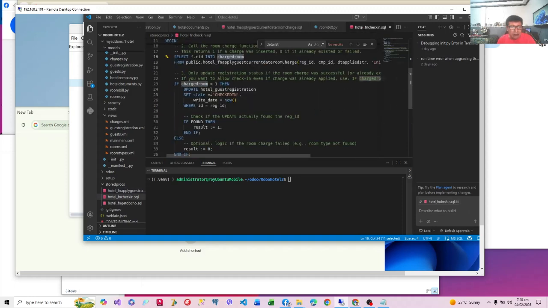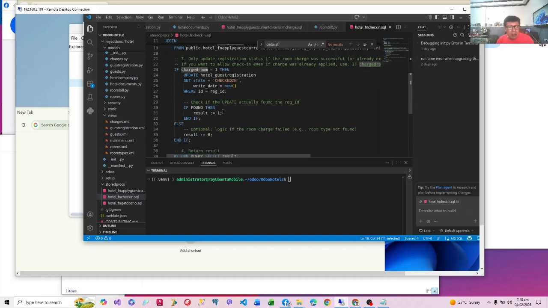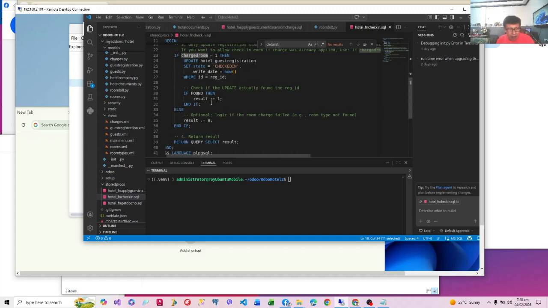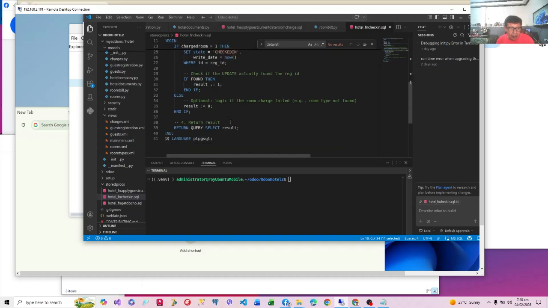So if the charge room is 1, then we will update the hotel guest registration state to check in. Okay, and the write date is now. And then we will also further check if the update was successful. We'll have a result of 1, otherwise we return a result of 0, and we return a query which checks the result.